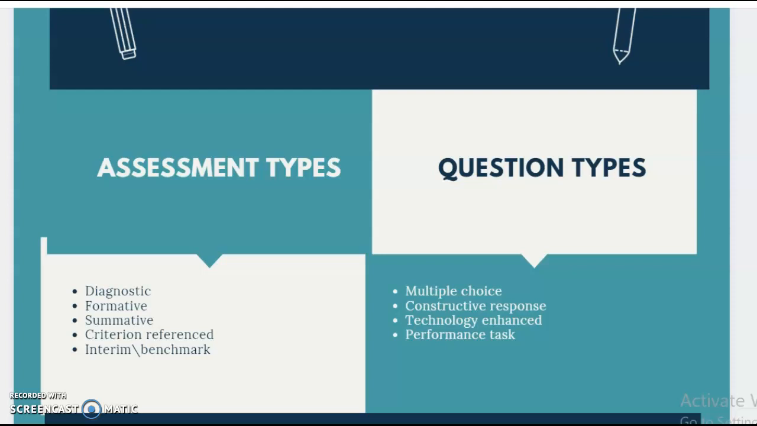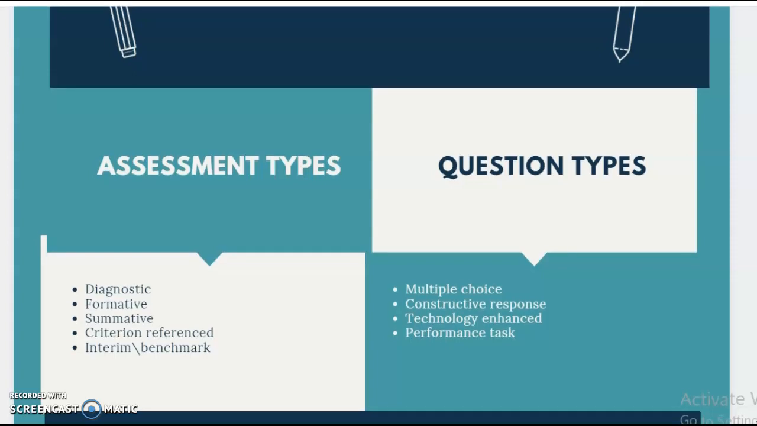Technology enhanced is the utilization of technology to funnel the student's learning. Performance task. This is more than one correct response. It requires a constructive response. Usually it's a performed demonstration or a product creation. Okay. So next we're going to